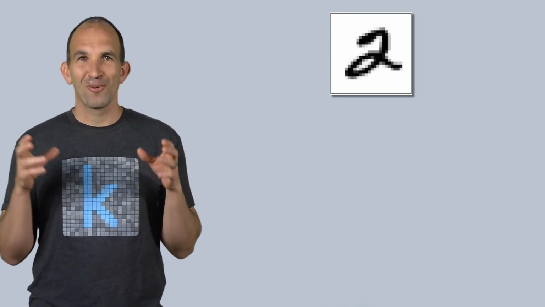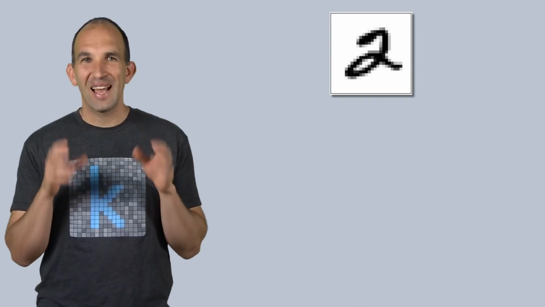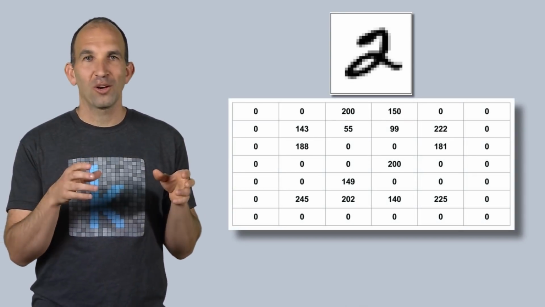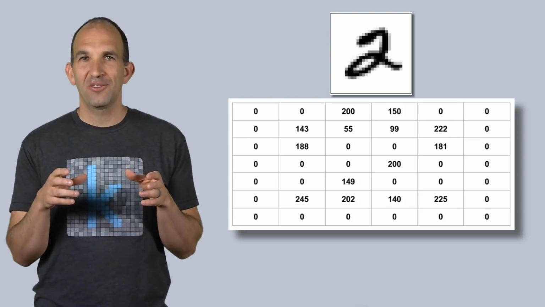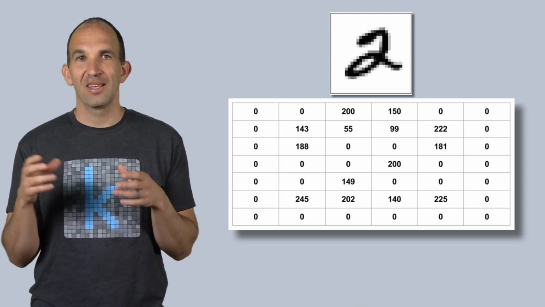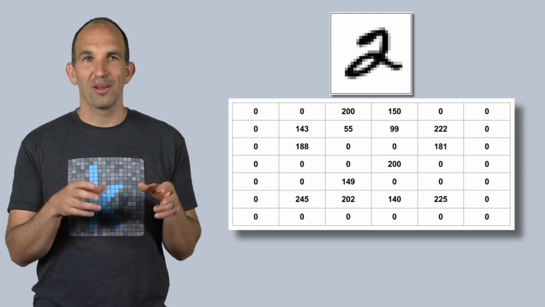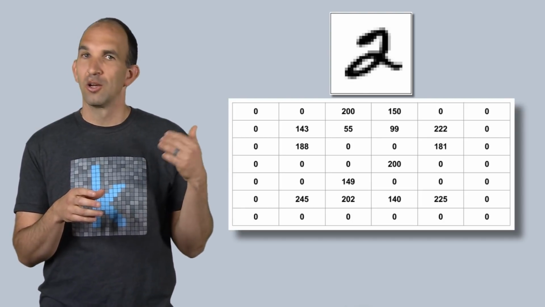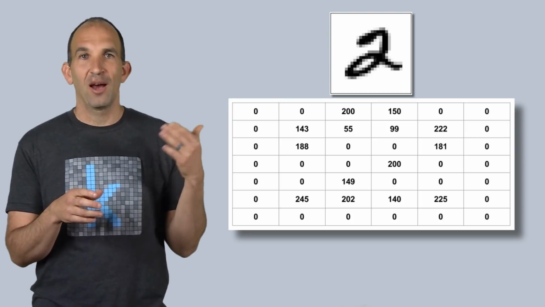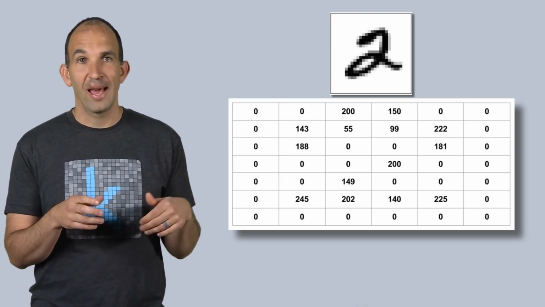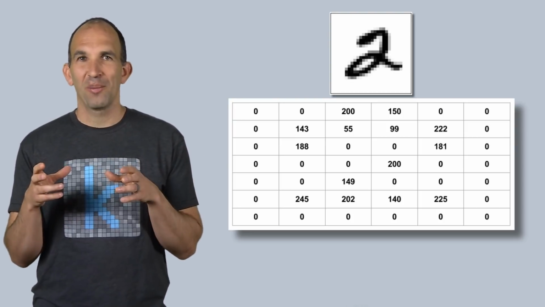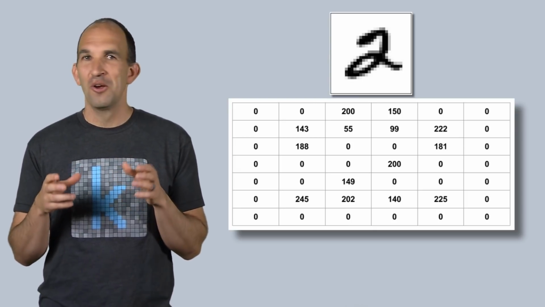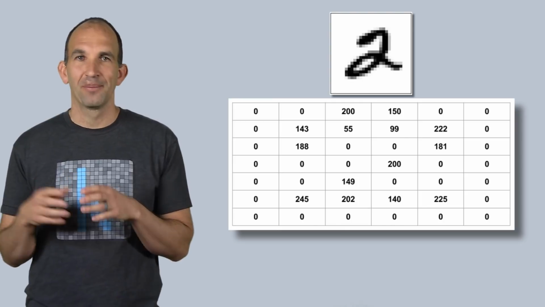The pixels are arranged in rows and columns, so it's natural to store them in a matrix. The matrix would look roughly like this. Each value represents the darkness of a pixel in the image. The number in the upper left of the matrix indicates how dark the upper left pixel in the image is. Go down a row in the matrix and we get how dark the pixel 1 row down in the image is. I made this a small matrix to fit on your screen, so the real matrix would be larger than what you see here, but it would have exactly the same format.